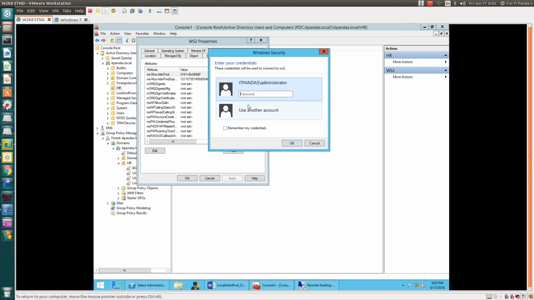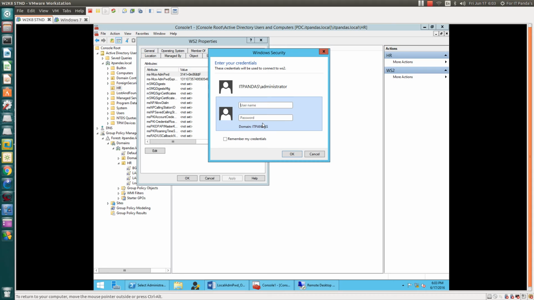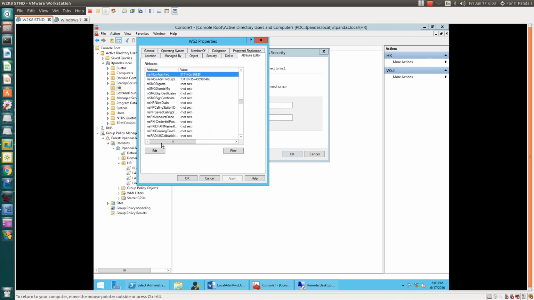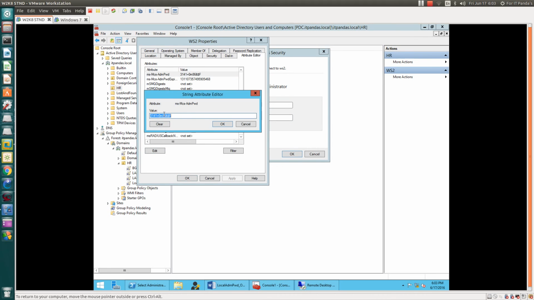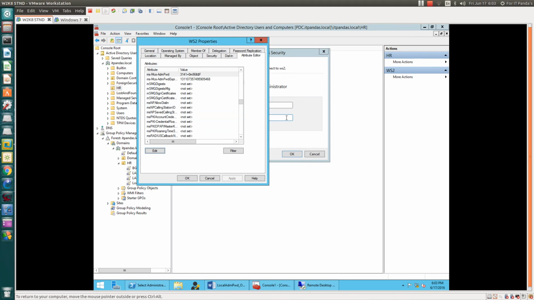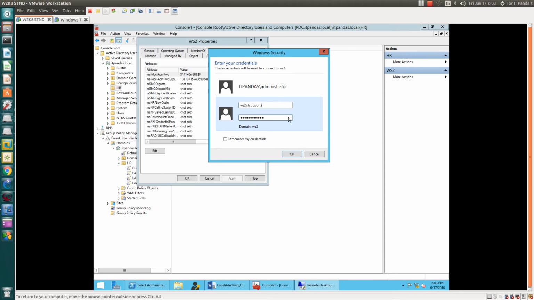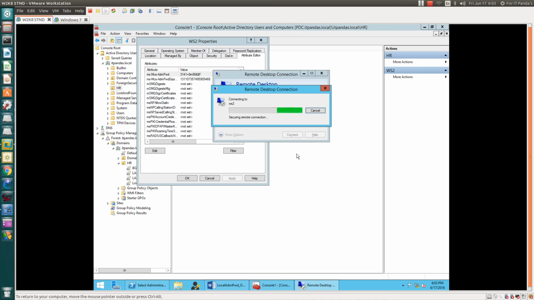The local admin account is WS2\IT support $, and the password I just copied from here. Let me copy it again and paste it here with Ctrl V and click OK. We should get the certificate error now, so that means we are good to go.